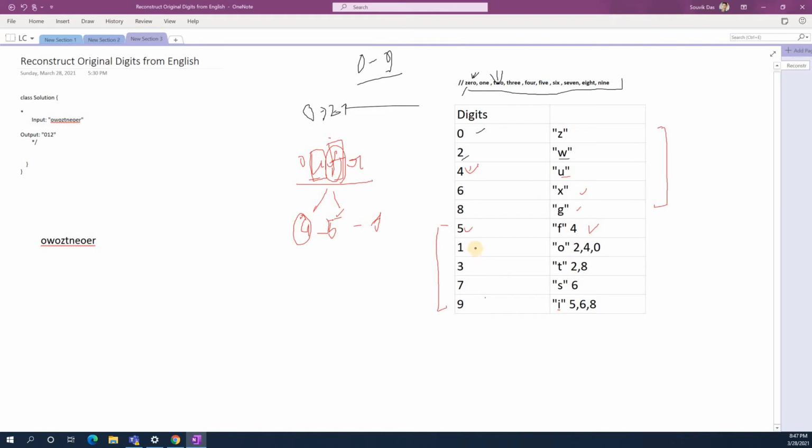Again, you can check for 1 also. 1 is like this, O N E. So here I will check the frequency of O. I can see O is present in 2, O is present in 4 and O is present in 0. So in this case we need to subtract the value of 2, 4 and 0 to decide whether 1 is present or not. Similarly for 3, I can see T is there in 2 and 8. Again we need to subtract the value of 2 and 8 to decide whether 3 is present or not